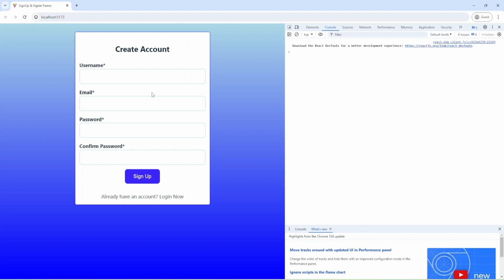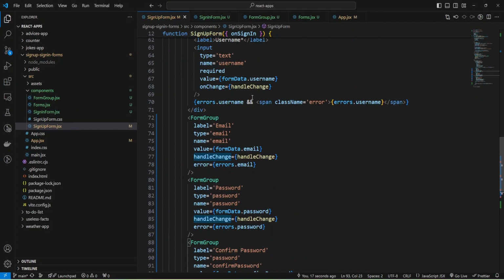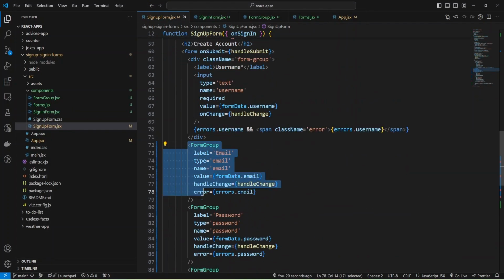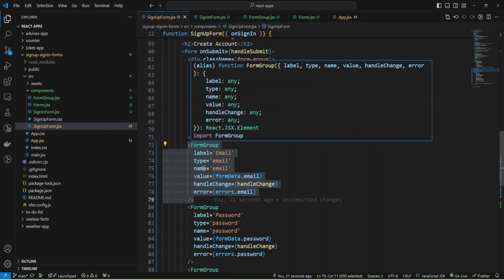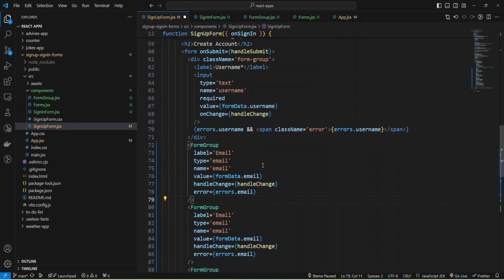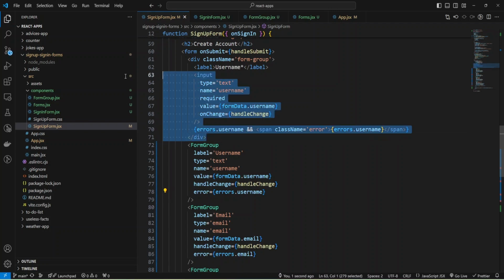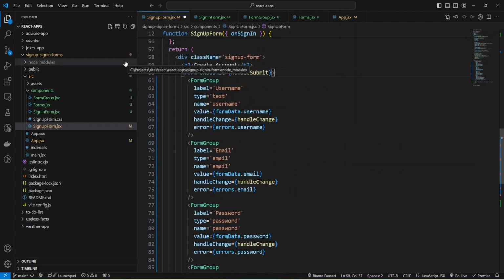So the error is gone, and I can return to my sign up form and provide form group to my username and change the label and type and name to username, and okay, and I can remove this div.